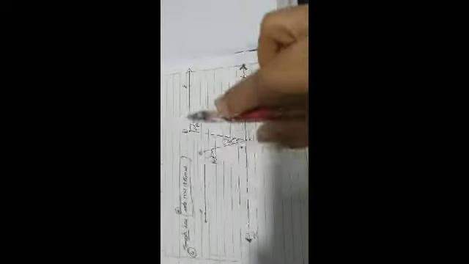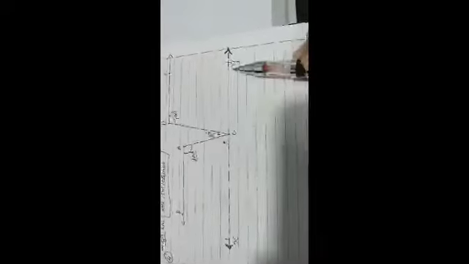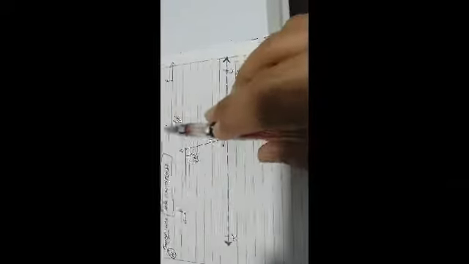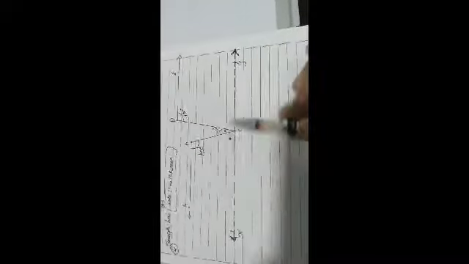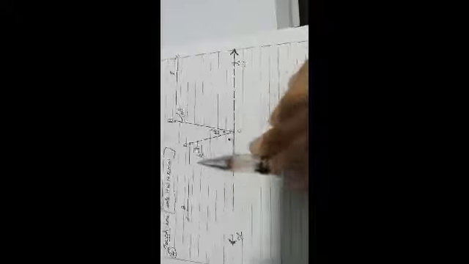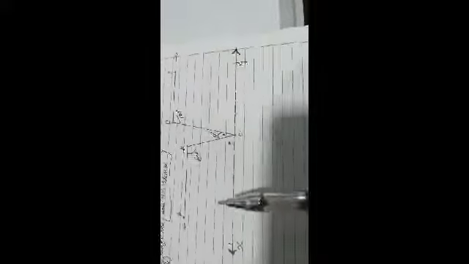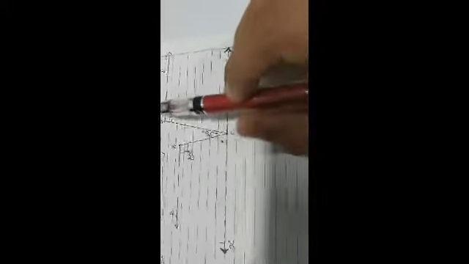How can you find it? In this particular problem, the dotted line is not the problem. The dotted line is part of the solution. To solve this, first draw a dotted line XY such that it passes through point C and is parallel to DE and AB. DE and AB are already parallel to each other. So if we draw any line parallel to one particular line, it will automatically be parallel to the other line also. We have seen this in the corollary: if one line is parallel to the other, and the other is parallel to the third one, then automatically the first line is parallel to the third one.